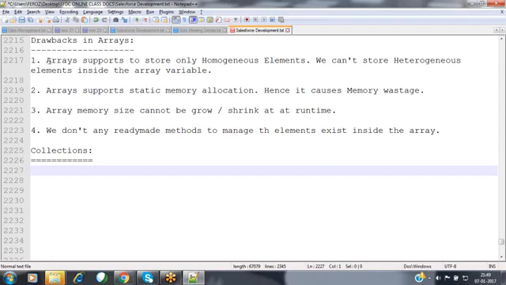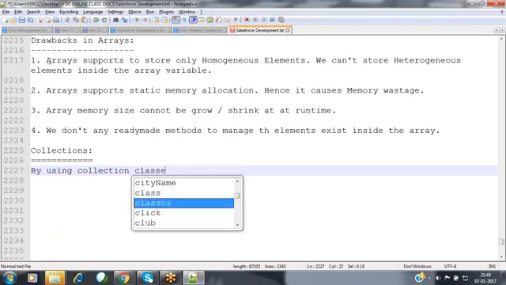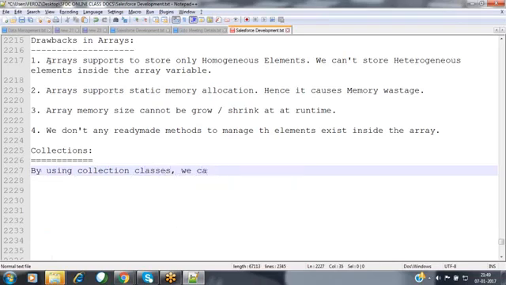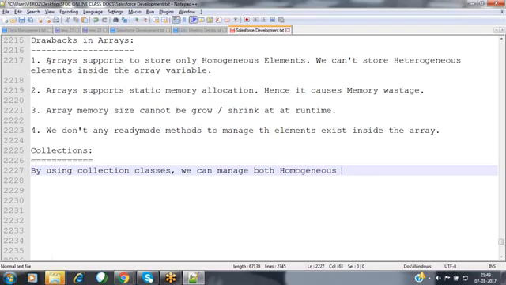Now let's see. By using collections, we can manage both homogeneous and heterogeneous elements inside a single collection.